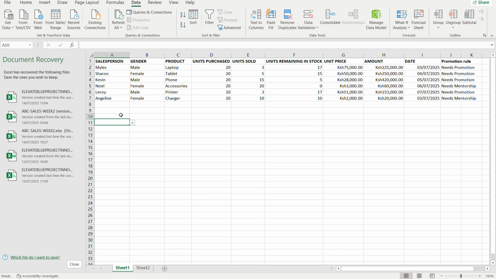Now that I have the salesperson name, now I want to know their amount. I want to know the amount that these guys have been selling. So what do I need to do? I need to come here. Oh, the drop down is here. So let's take this to the next row. I'll come here to amount. Click on equal to